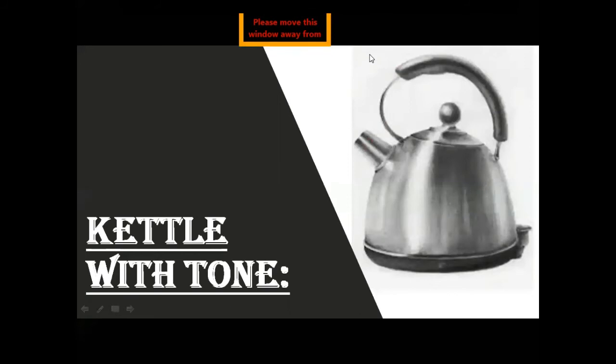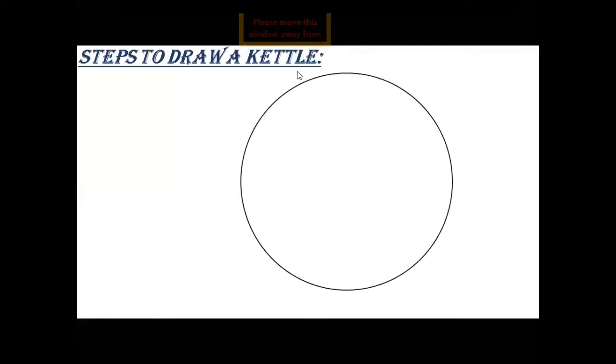First of all, we will discuss the kettle, and we will draw the kettle with tones. So how can we draw it? Steps to draw the kettle. In step number 1, you will draw a circle with specific measurements.